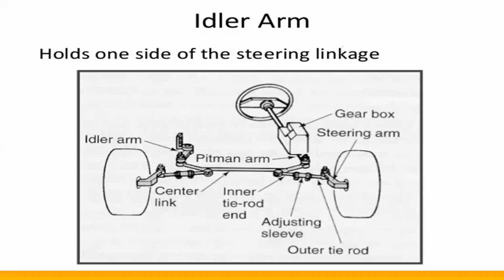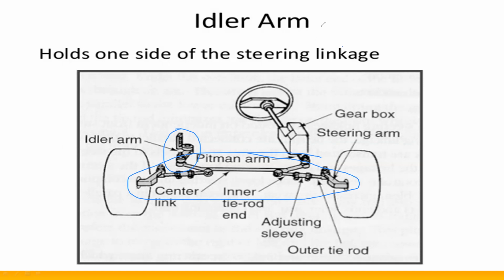And next one, idler arm. You can see what is the idler arm and where it should be located in the steering system. The idler arm holds one side of the steering linkage. You can see it is the idler arm. The idler arm is fixed to one side of the steering linkage. It is the overall steering linkage. In this overall steering linkage, on one side, the idler arm is fixed. Okay,